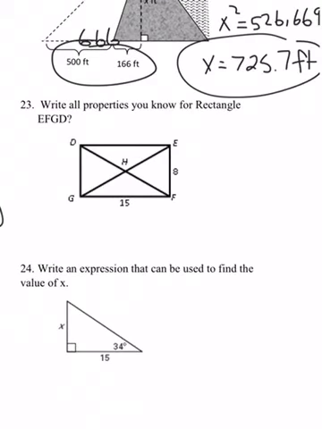Write all the properties you know for rectangle EFGD. I'm not going to write them all. I'm going to mention a few things here. If it's a rectangle, the four right angles, the diagonals will bisect each other. That goes back to them being parallelograms,